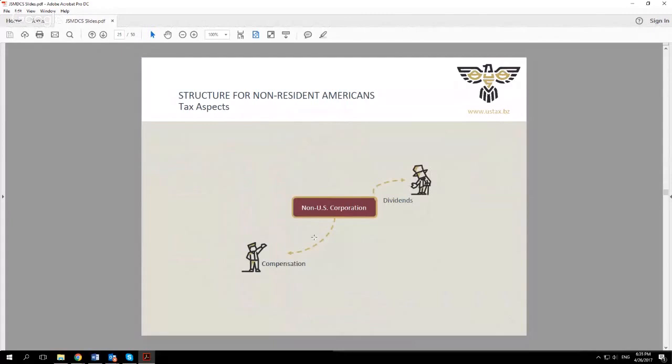corporation. Well, if you were to get a return as dividends, just for being the fat cat sitting back and making money, then that's taxable income. I mean, there's no special rule that exempts dividends from tax when you live outside the U.S. But for this amount that you make for working, your salary from the non-U.S. corporation, that qualifies for our friend, the foreign earned income exclusion. And the cool thing is that you're not self-employed. So those nasty self-employment tax and 30% rule don't apply. You simply get a clean